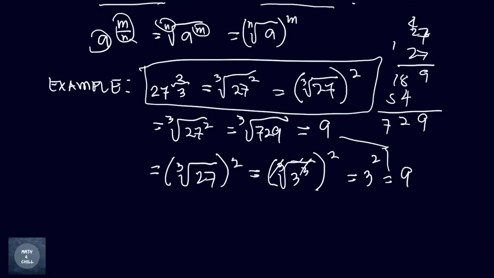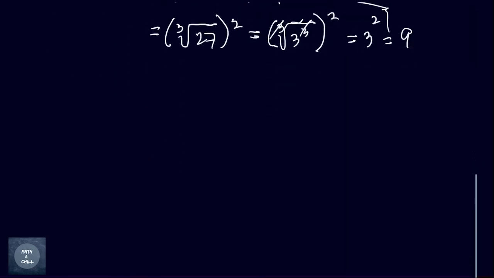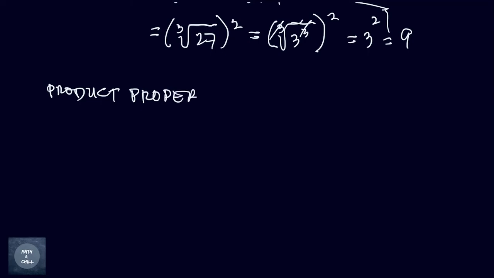So karon, natay mga ginatawag na property na ay tulo, mga dapat natong timan-an para sa pag-simplify or pag-solve sa radicals. So natay ginatawag na product property, it states that